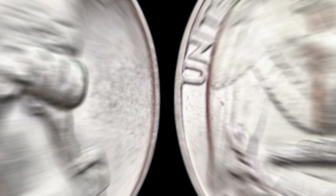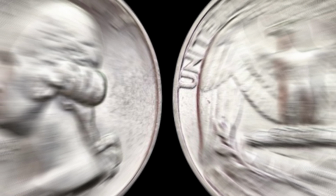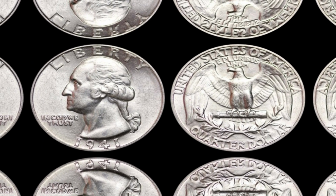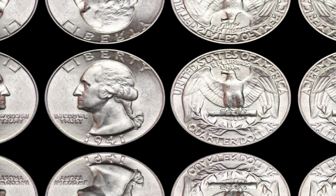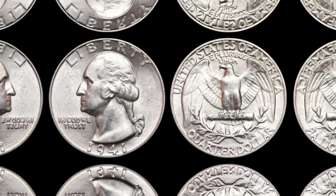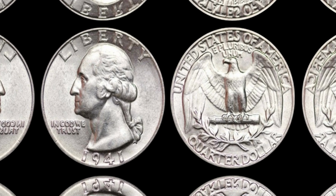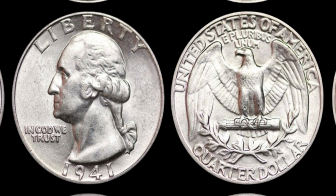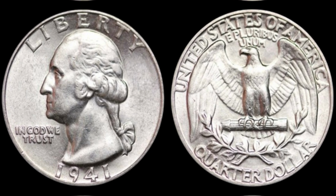We're talking about one of the most legendary coins in U.S. history, the 1941 mint mark quarter. What if I told you that a simple quarter, a coin that may have passed through countless hands over the years, could be worth a jaw-dropping $1.70 million today? That's right. We're about to dive into the history, minting details, and of course, the eye-popping value of this specific